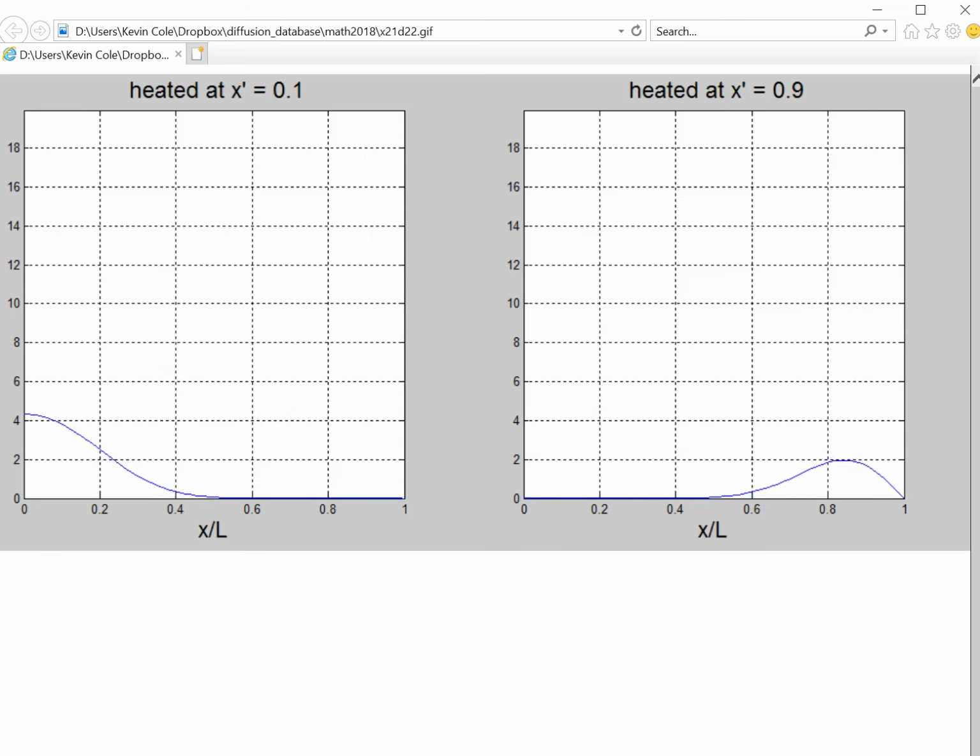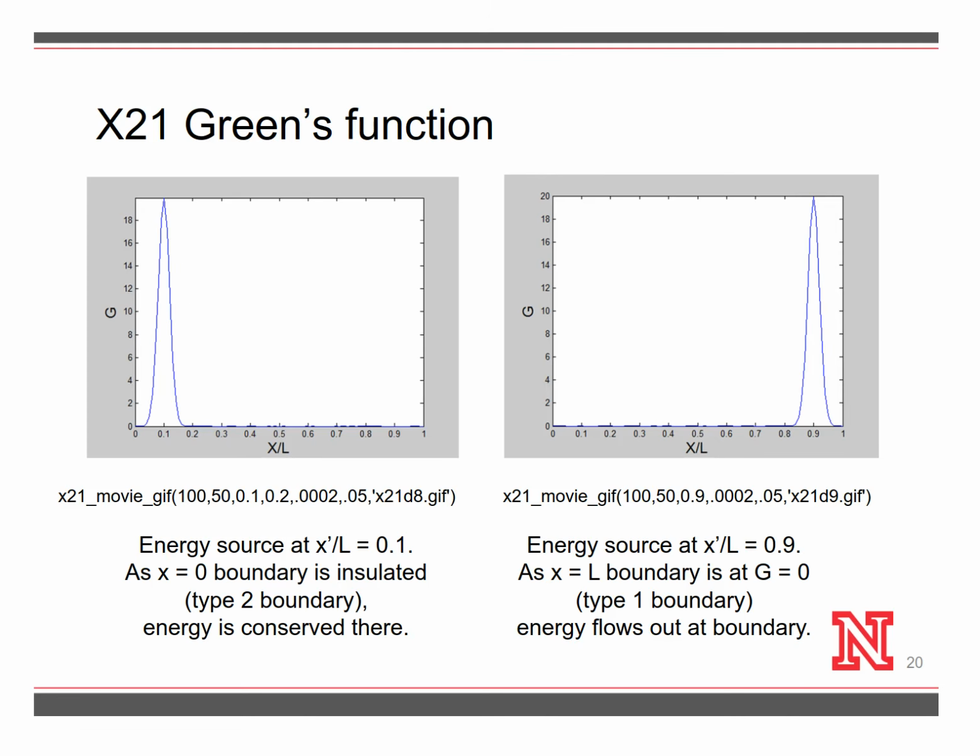All right, so here's the two Green's functions. This is the x21 Green's function, so this boundary here is a type 2 boundary, so it's a slope condition here. So that's always a 0 slope. When I drop the heat into point 9, though, the x equals L boundary is a type 1 boundary, and homogeneous means that the temperature is clamped to 0. So there's heat flowing out at this boundary because the temperature is clamped to 0. And at late time, you can see that this function is higher than this one because of the heat that's being drained out at that point. All right, let's go back to the slideshow here, and I'll continue on